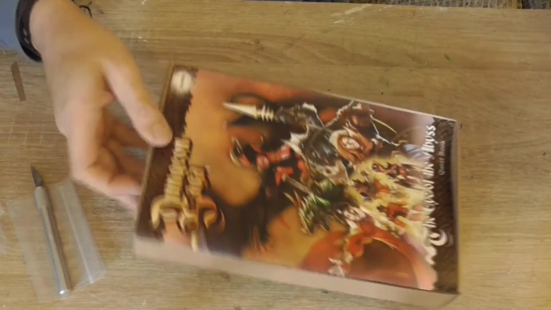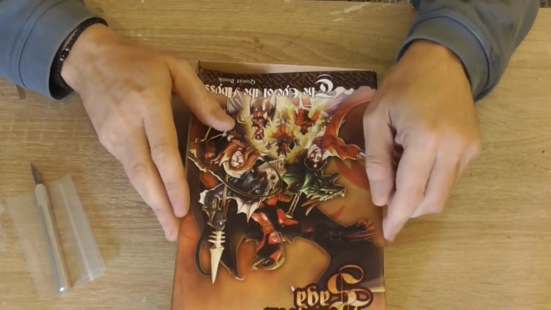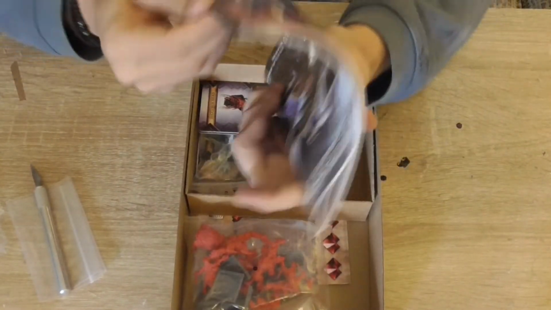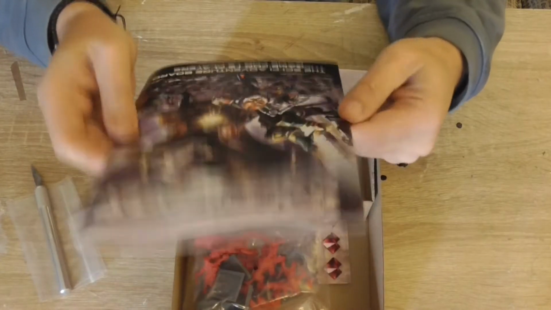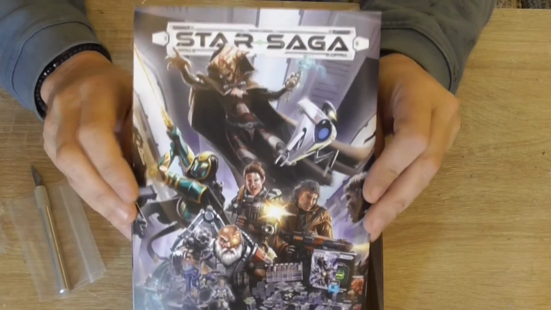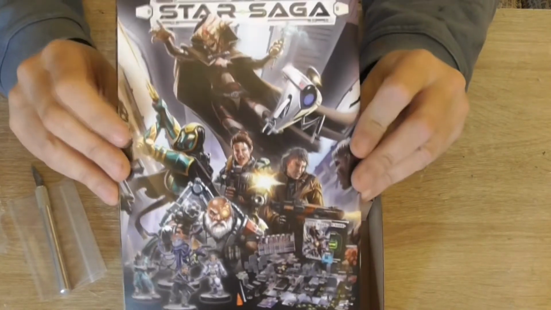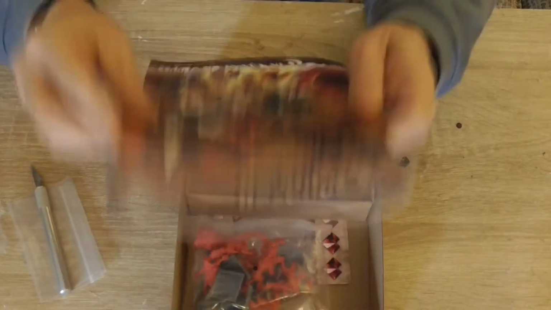It doesn't want to come out. There we go. That's just the box. Yes, it hasn't got the book type box like we expected. This, oh my god, this is quite chunky. Star Saga, the Mantic's dungeon crawl but in space game, which if we look back through some of the videos you'll find that I've done an unboxing for